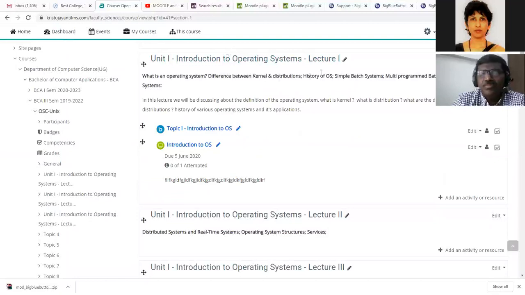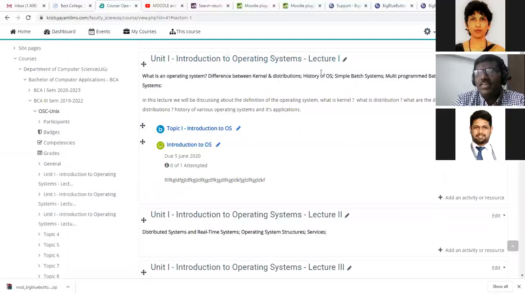Pandit sir, I have a doubt. Yes, Vikrant. When we are going, is it necessary that we go lecture wise, or previously we had decided to go topic wise? No, Father told very clearly that the flipped classroom concept we have to implement. So for the next day, what I am going to teach, that lecture content should be there. So it is better to go lecture wise. Okay, thank you.